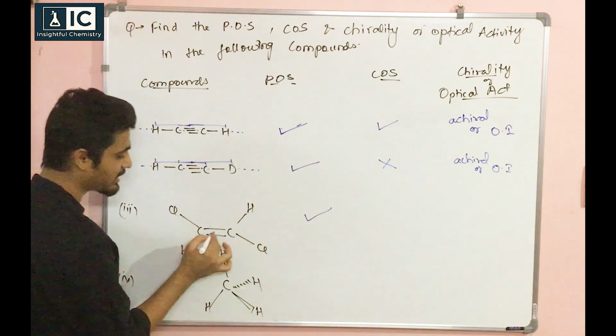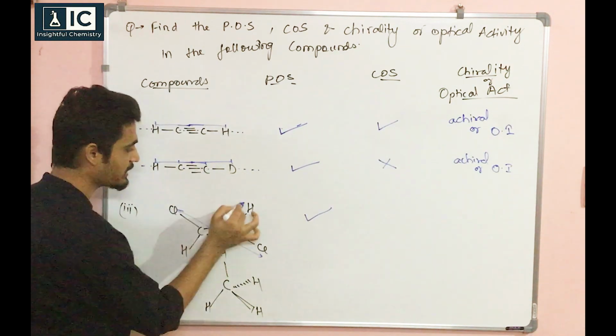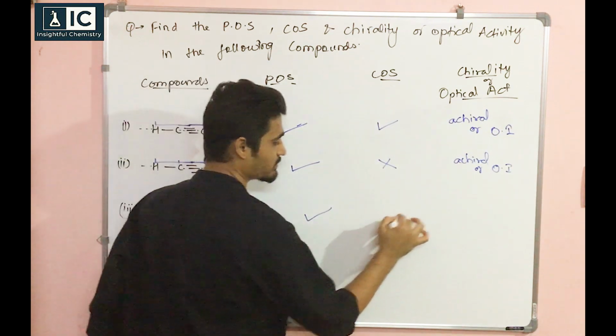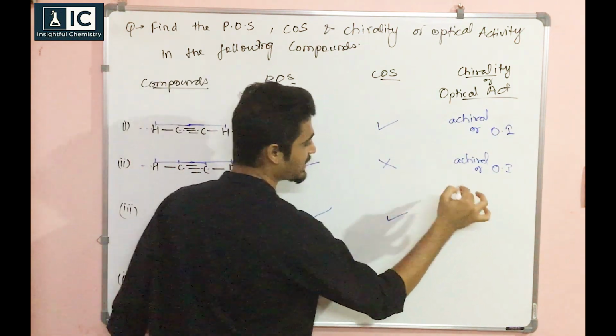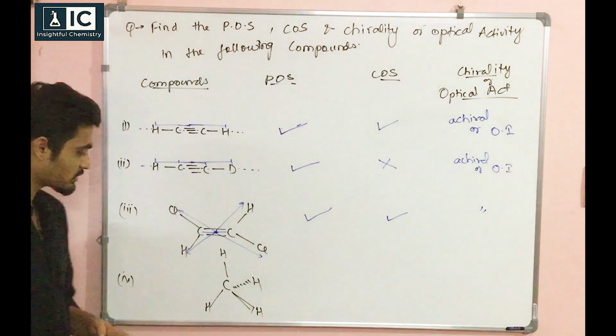How about center of symmetry? So if this is my center, I go this side, chlorine, chlorine, H, H, carbon, carbon. So yes, both are there. So again it is achiral and optically inactive. Clear? Now the fourth one you see,